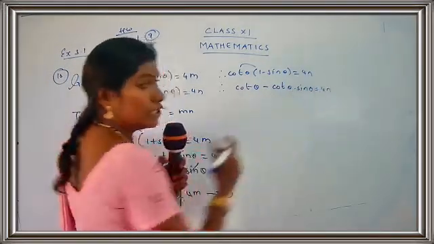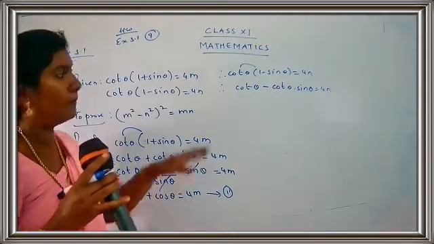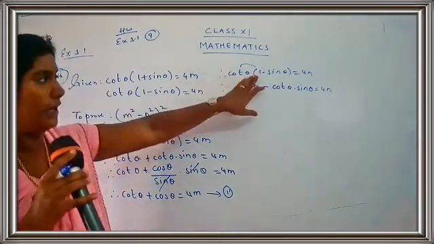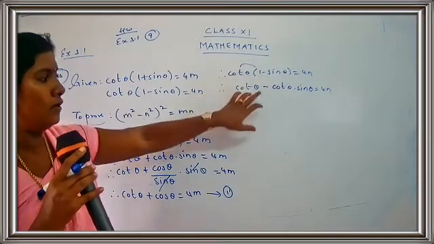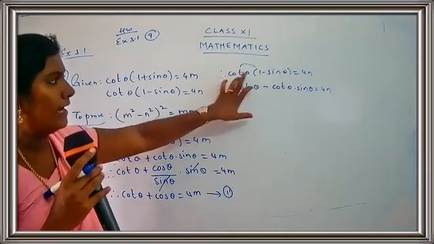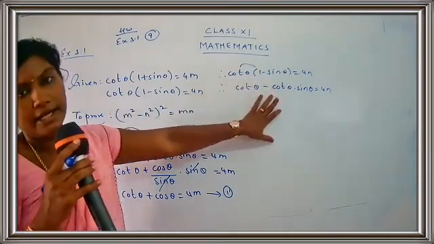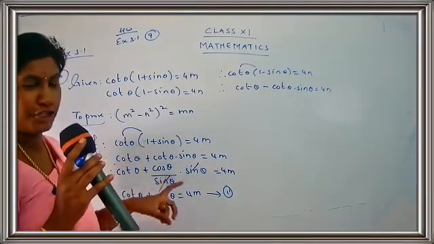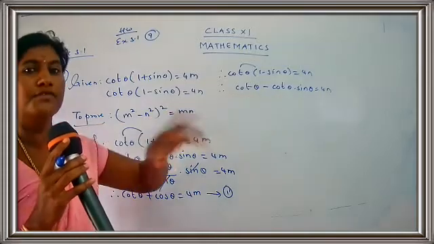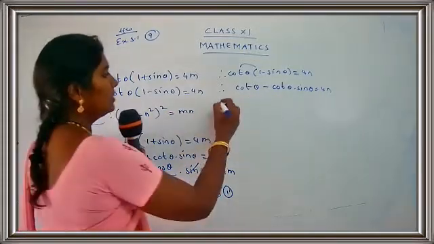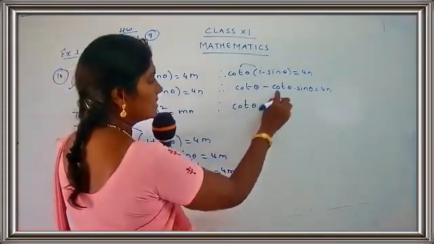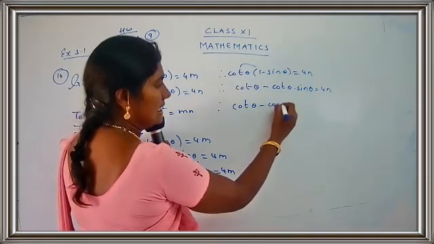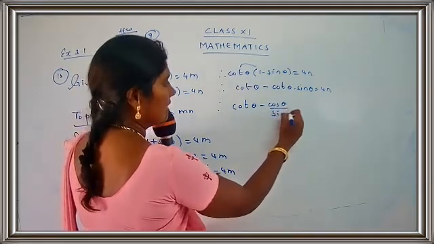Is the first step clear, children? How do you get the first step? You have to just multiply by cot theta. So cot theta into 1, cot theta into sin theta. That's cot theta into sin theta. Now the same conversion, you have to just change cot theta in terms of cos upon sin. You get cot theta minus cos theta upon sin theta into sin theta.